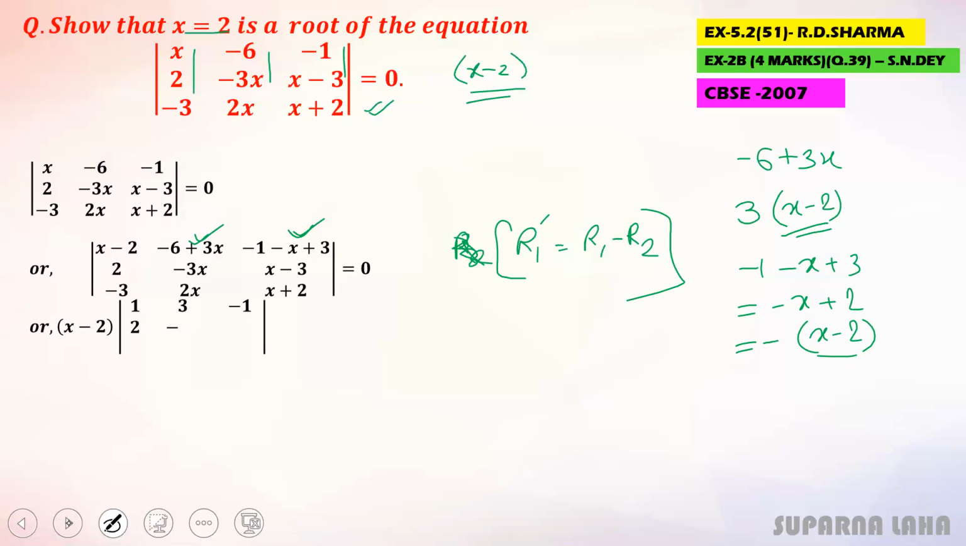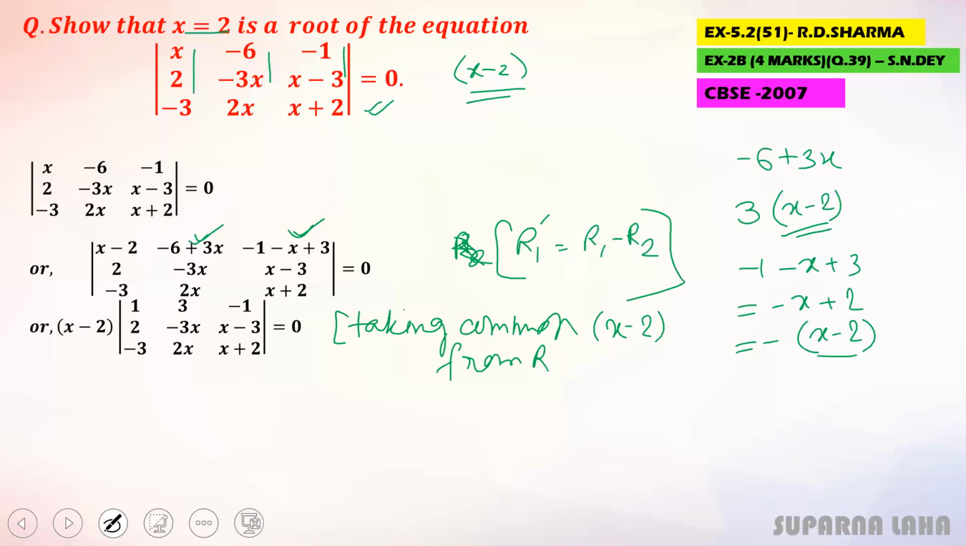So take common this factor from the first row. So this first row is given by 1, 3, minus 1. So taking common this x minus 2 from R1. So now you can easily say that x minus 2 is equals to 0, or this determinant should be